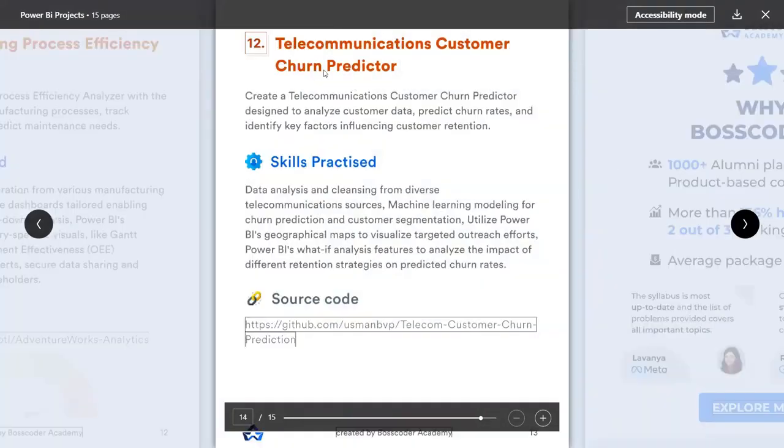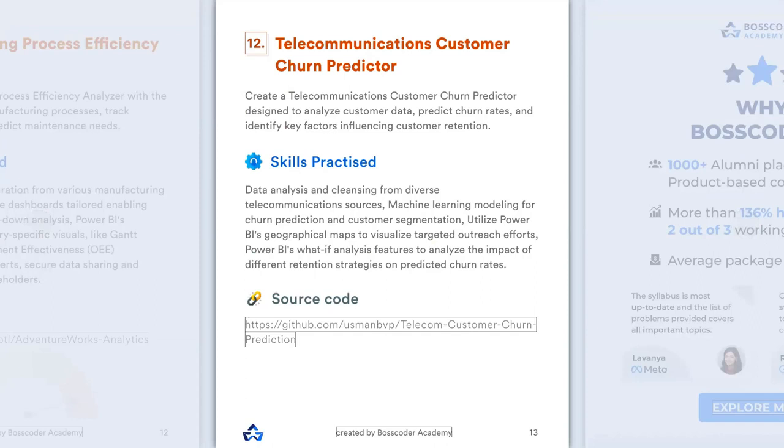Another one is the telecommunication customer churn predictor. Yes, I have done this. This analyzes customer data and predicts the churn rate, what they are trying to buy, and that type of thing in telecommunication. So these are all the